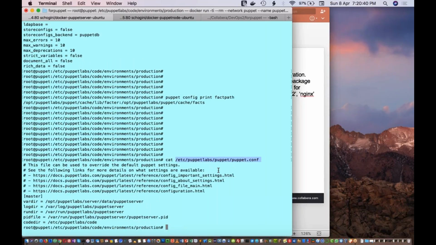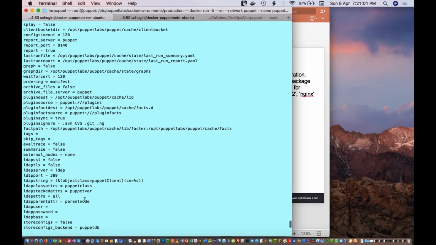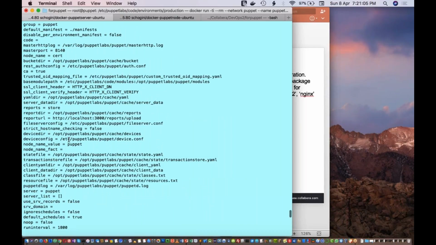This will have the configuration information for Puppet, like the variables that are used or the values for the variables. See, the log directory for master and all will be in this particular location. So all those things will be here. When you do this print, it will include all those things. It will include files from this one and everything.